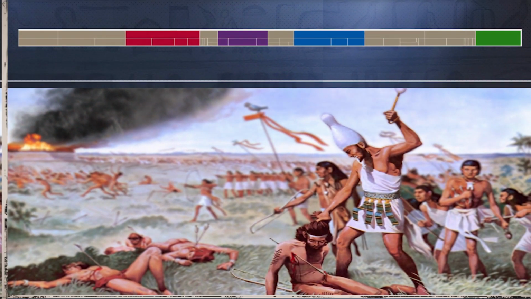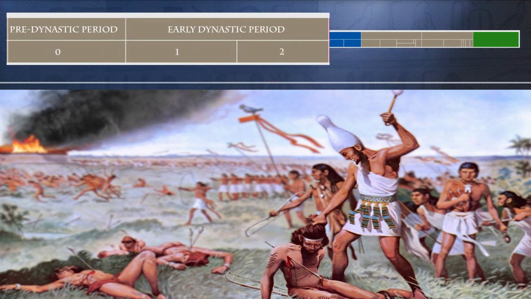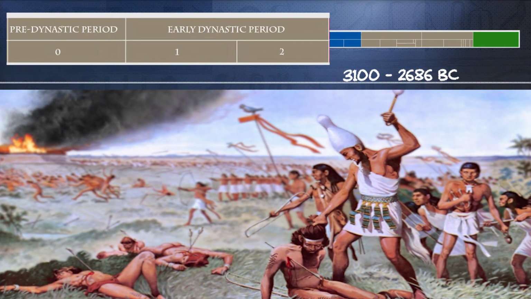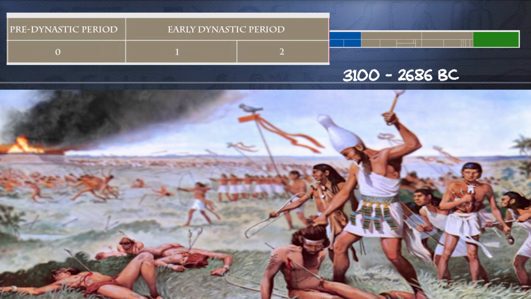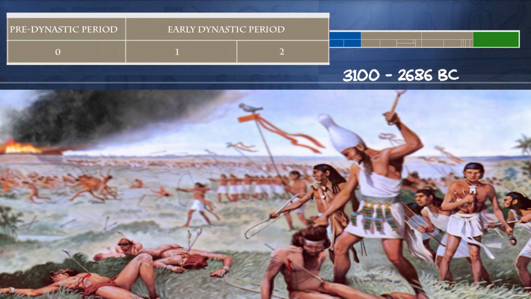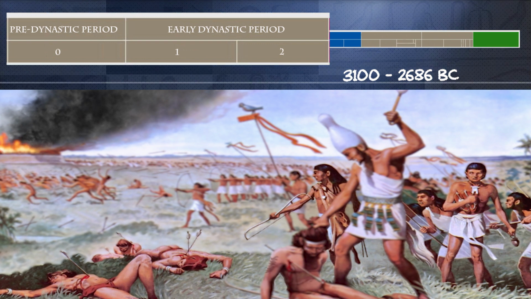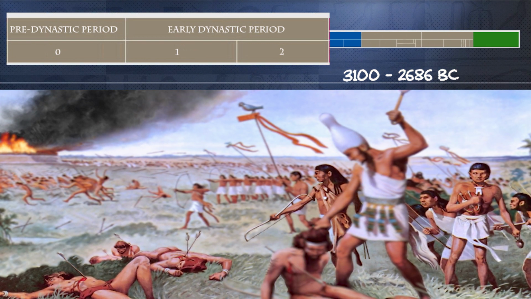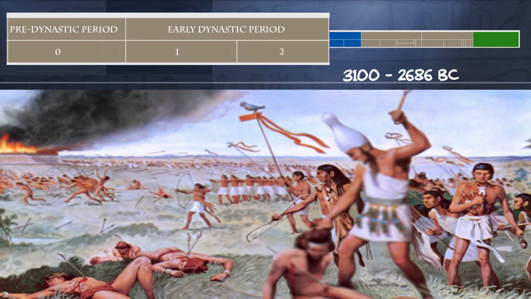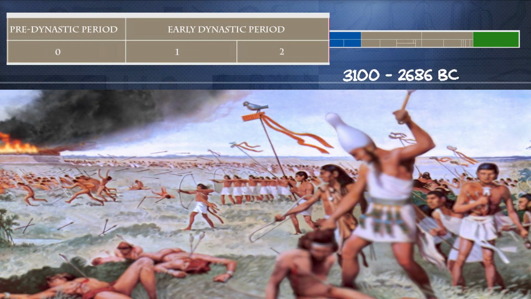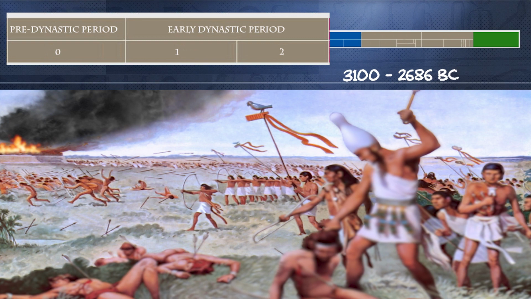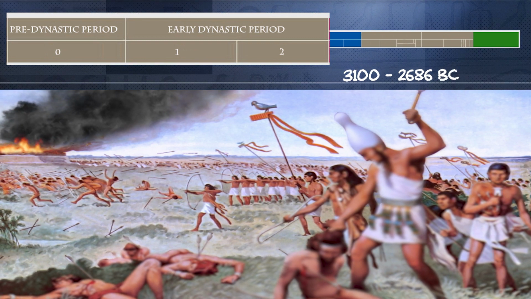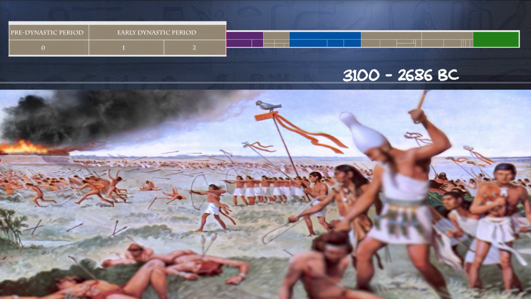The pre-dynastic period, from roughly 3100 to 2686 BC, marks the emergence of unified political entities in Egypt and the development of hieroglyphic writing. The pre-dynastic period of ancient Egypt is crucial for understanding the cultural, social, and technological developments that paved the way for the rise of dynastic Egypt and its eventual flourishing as one of the most remarkable